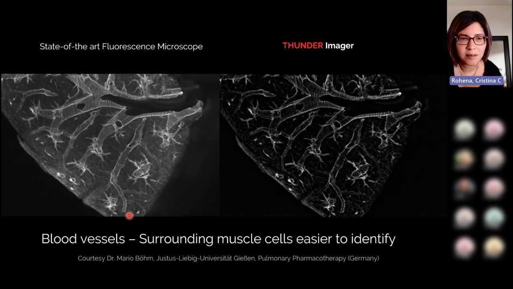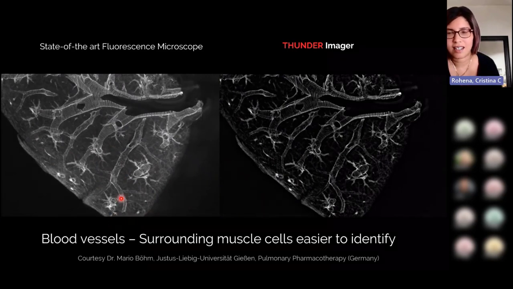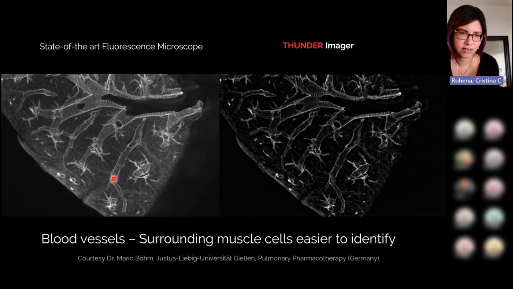This next example, I just think it's pretty cool. It's actually a 300 micron section of a mouse lung. This was actually taken in plastic here. And you can see that if you're trying to visualize the blood vessels, you can pretty much see them here in the raw image. But if you really want to look at the muscle cells that are surrounding these blood vessels, that's really obscured, right? by this out of focus blur seen here. When you process the image with Thunder, now you can easily detect those smooth muscle cells